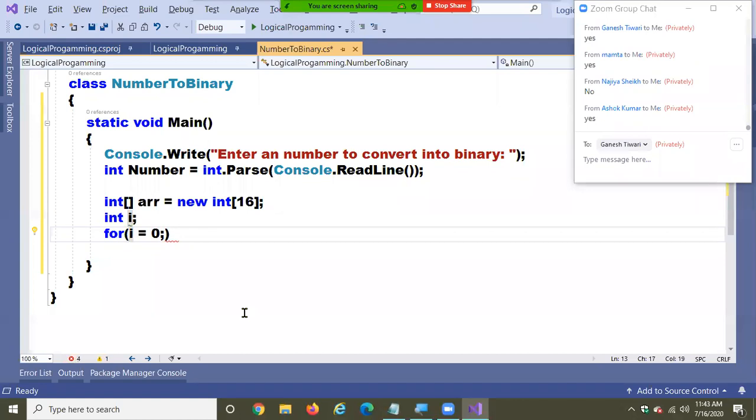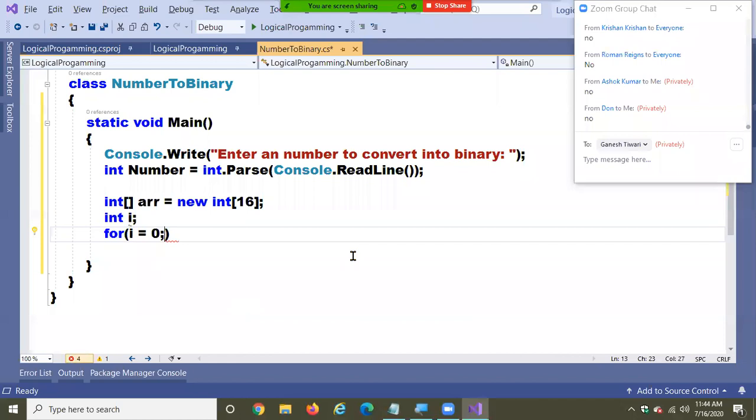Can you use a loop variable outside the for loop? You can't use it, but I want to use it. Because I want to use it, I declared it outside. This is the reason why I went for outside declaration.